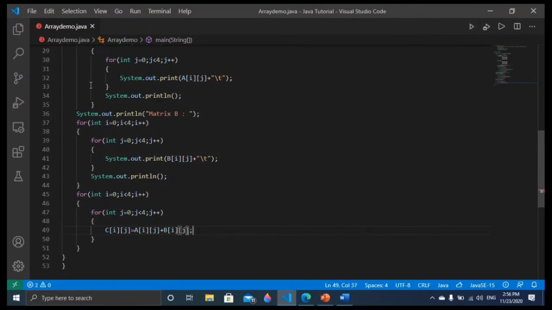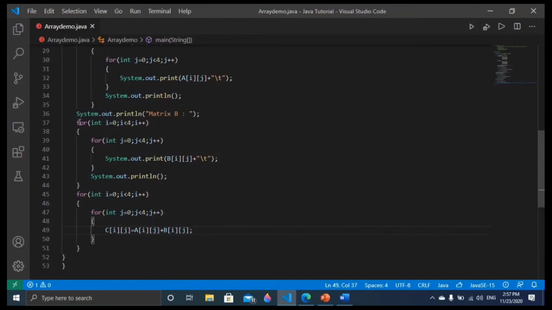That we have to do. What will happen friends? First, A[0][0], the first value of the matrix A, and B[0][0], the first value of the matrix B, will be added. Okay. Now we need to print it.